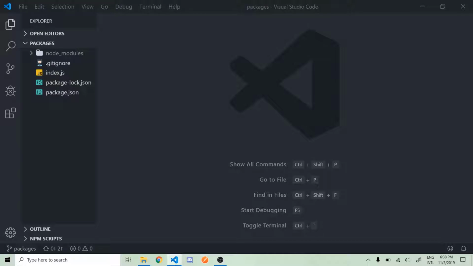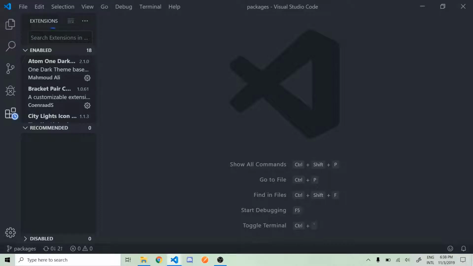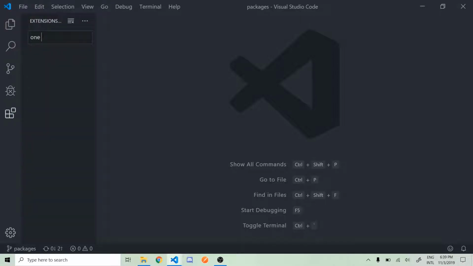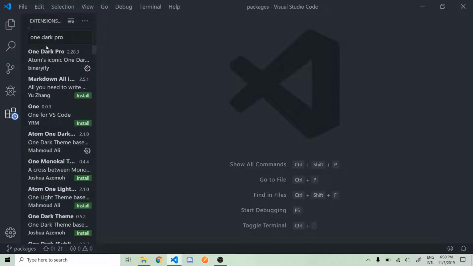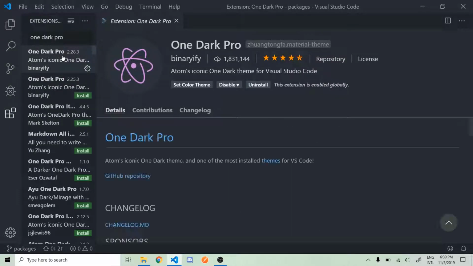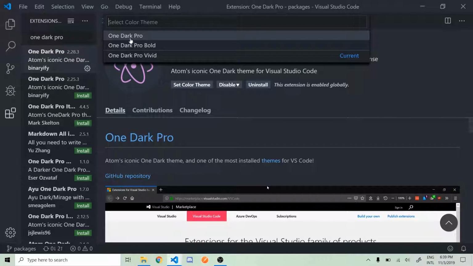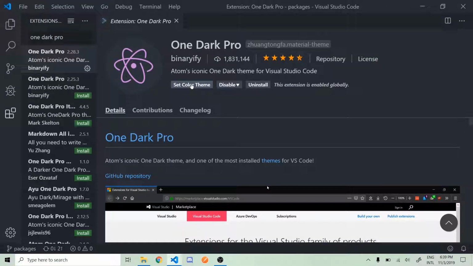I've selected 5 color themes for this session. The first one is One Dark Pro. For the theme extension, you can just click on the extensions icon and then search for it. I have already installed it. You can set the color theme from here. There are 3 options available. As you can see, if I switch them,